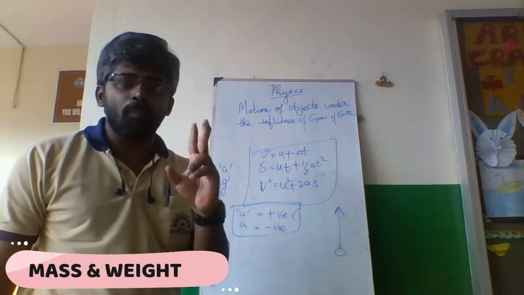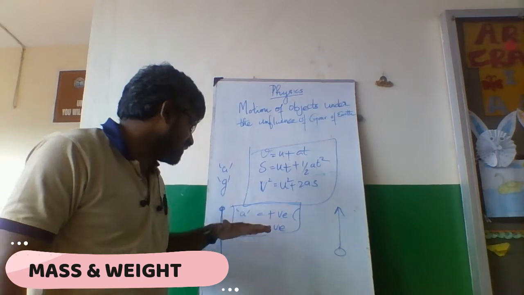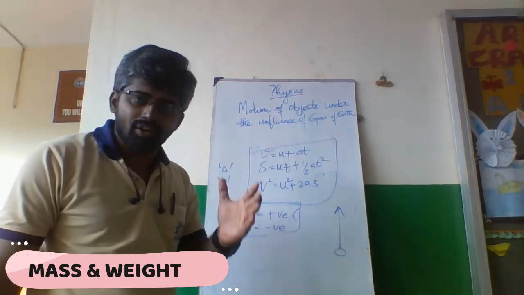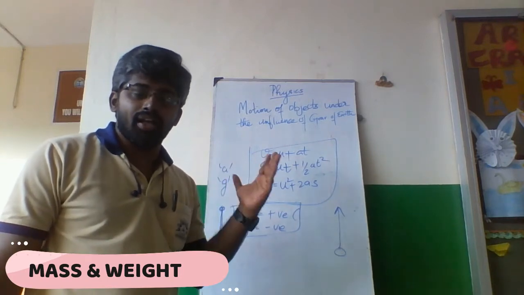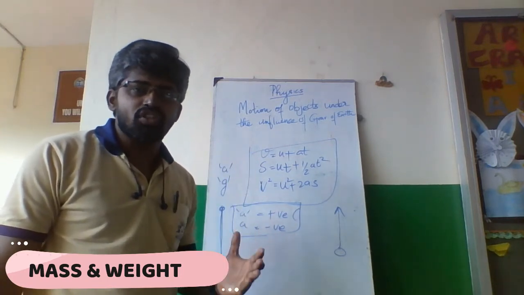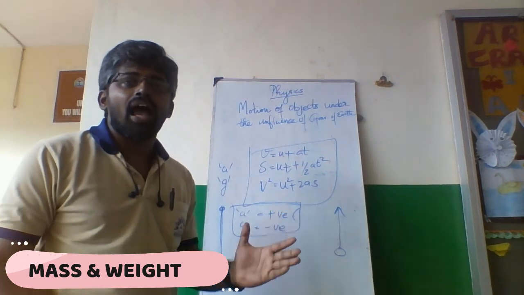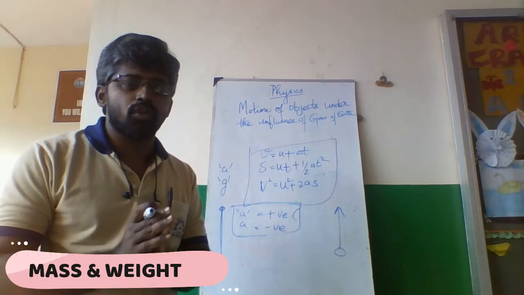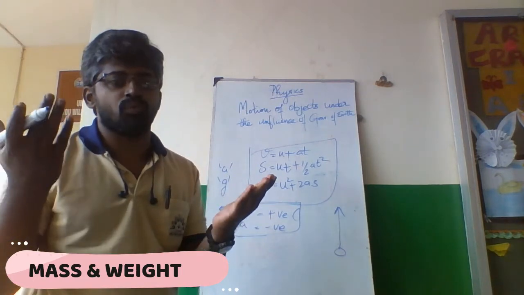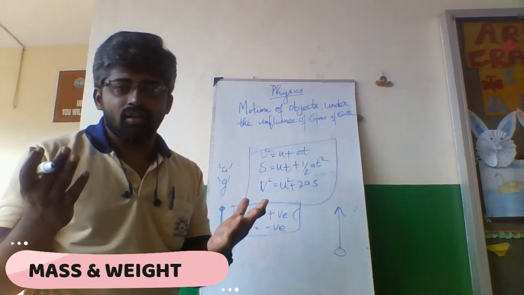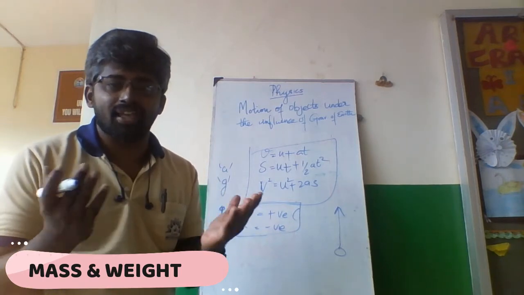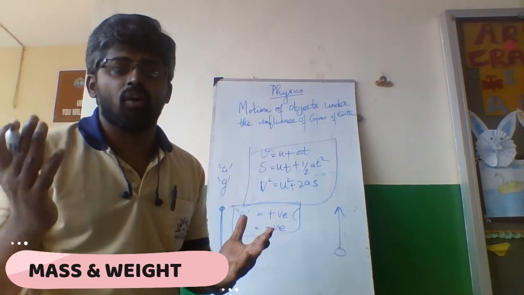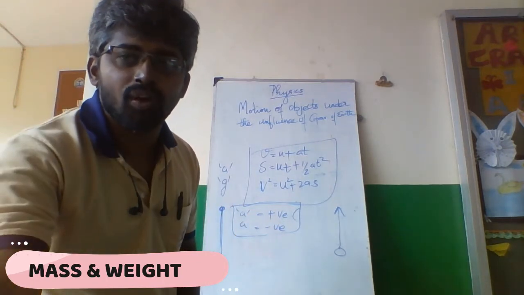Now we shall do two problems, one where the acceleration is positive and one where it is negative. These two problems are in your classwork note. I will explain them in the book exercises. You just check. I will explain those problems, and after that we will move to a very important concept of this unit. What is mass and what is weight? Till now you may be thinking both are the same, but they are not the same. There is a difference between mass and weight. Let us wait and see what that is.